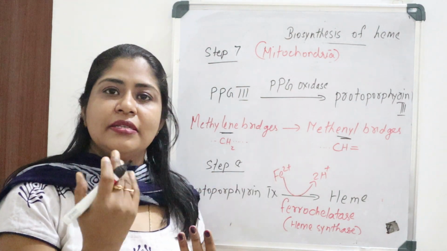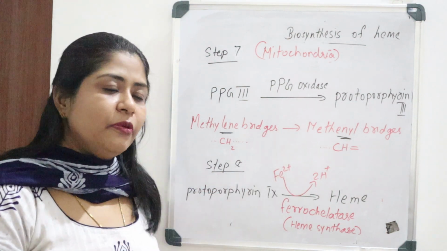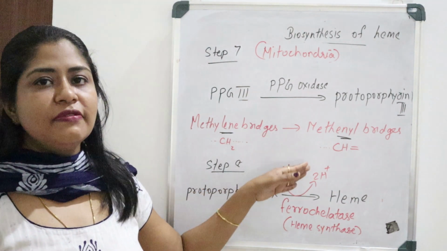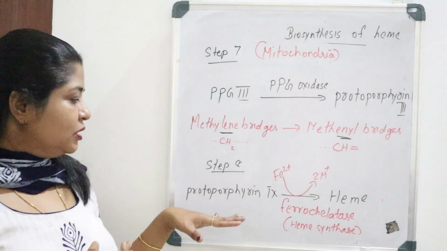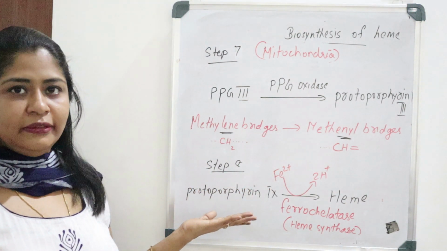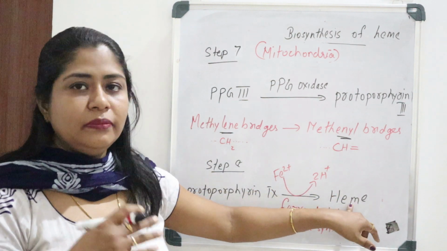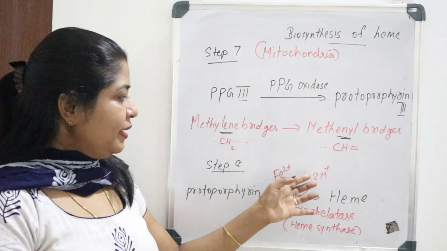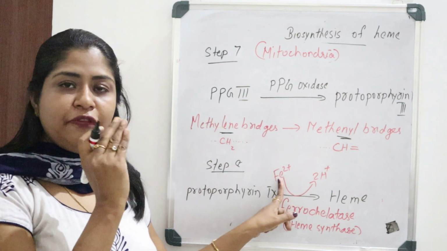ഇനിയുള്ള ഒരു ലാക്കിംഗ് ആയിട്ടുള്ള സംഭവം എന്ന് പറഞ്ഞാൽ അയൺ ആണ്. So in the final step or the last step, step 8, we can see the addition of this iron to this porphyrin, this one protoporphyrin 9 or protoporphyrin 3. So what happens? Heme results. And here we have to note that it is in the Fe2+ form.